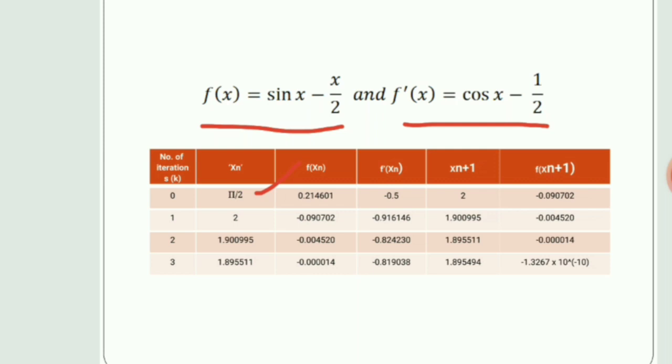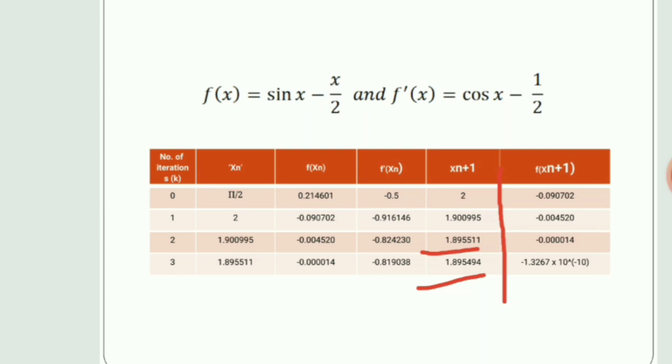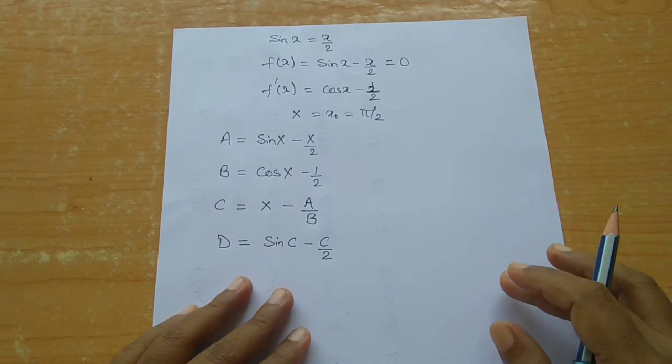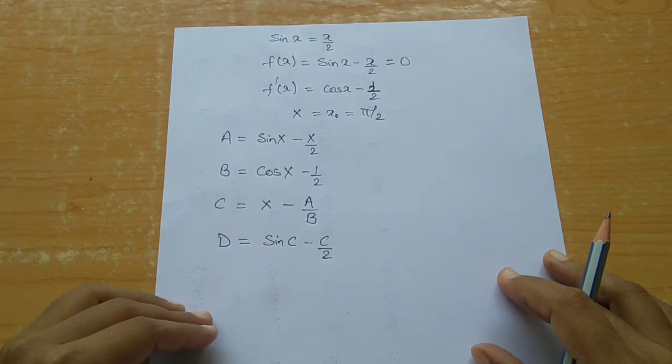So according to that I got f of x, f dash of x and x1 value. Okay, and in consecutive iterations I got these two values coming similar, so I can take this value as my solution. So let's have a look at the calculator solution. We can form this whole table by using the calculator. Let's have a look there.